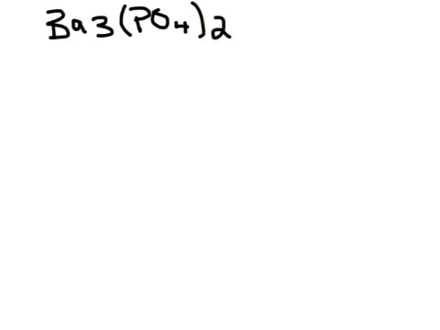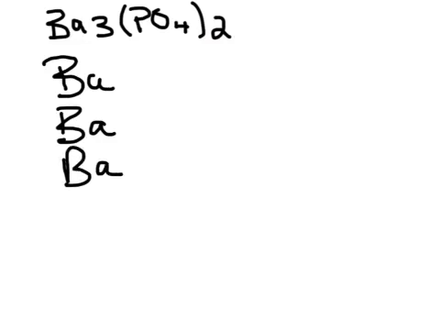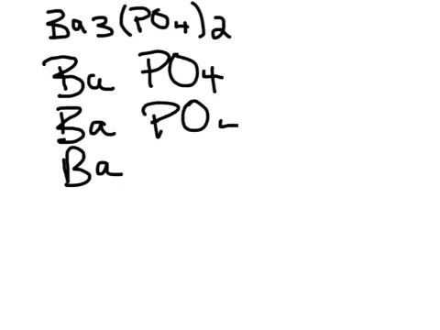Now, some students have a really hard time visualizing this. So before we do the calculation, I want you to look at how I rewrite this. So here it says 3 bariums. That means there's 3 bariums in this compound. And it says that there's 2 phosphates, which means that there's 2 phosphates. And sometimes this makes a real difference if students think of it this way instead of just looking at the